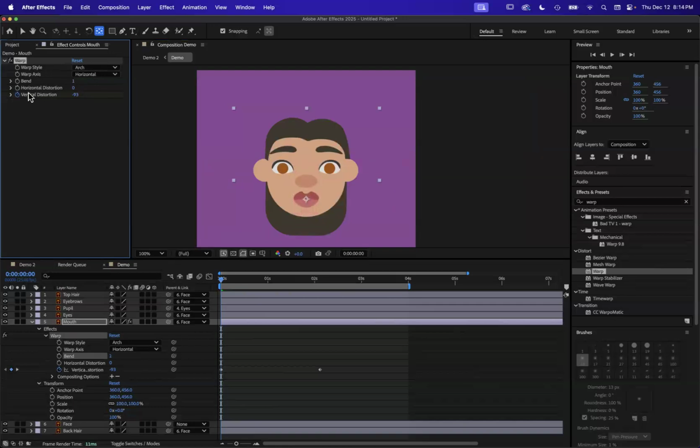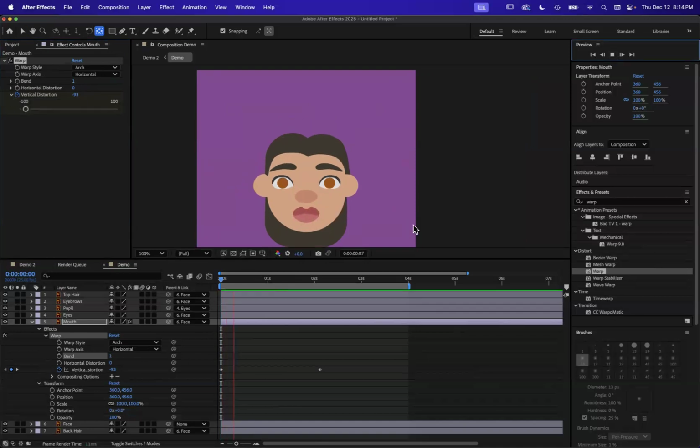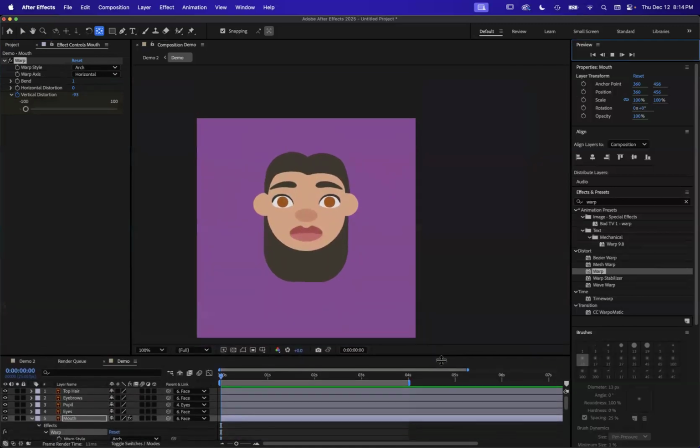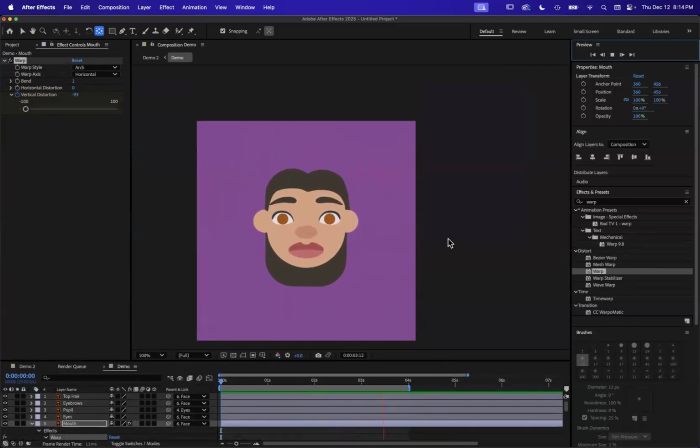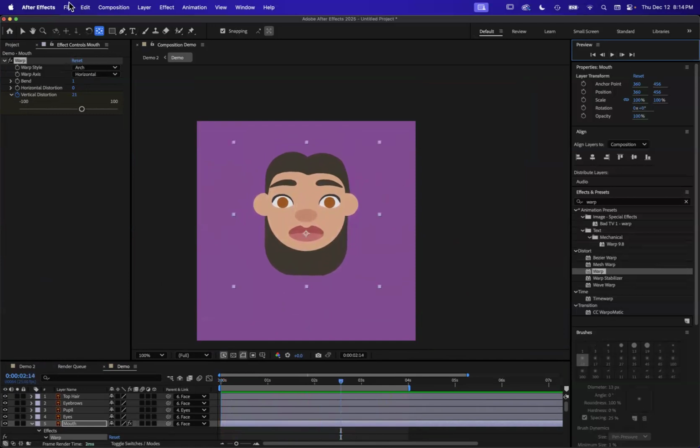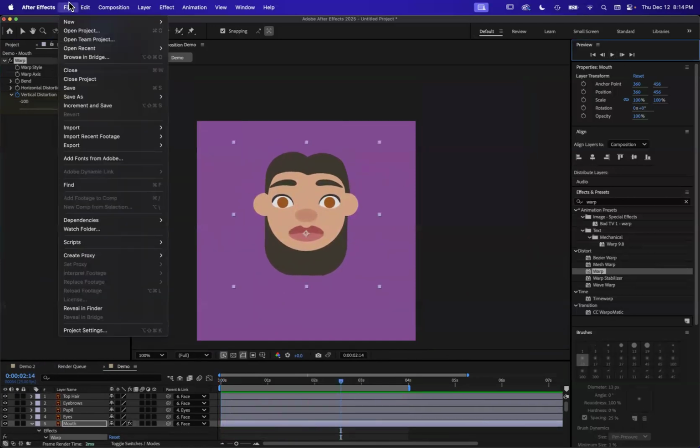Yeah, I might just mess with the vertical distortion for right now. So let's click play. Perfect. So we got a little animation. Something's happening, right? Super cute, simple. So how do you save it? First off, these you can't save to your Creative Cloud. I don't know why yet. So you can just save this to your computer and drag and drop it into your H drive or your Google Drive. If you're ready to turn it in, then all you need to do is go to File, Export,